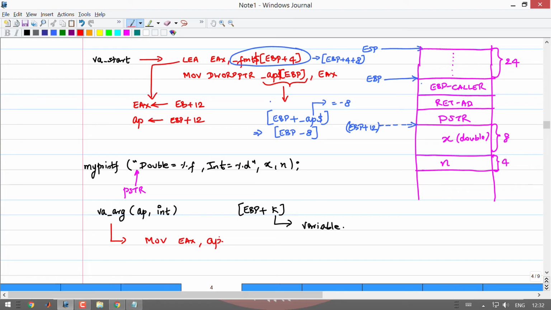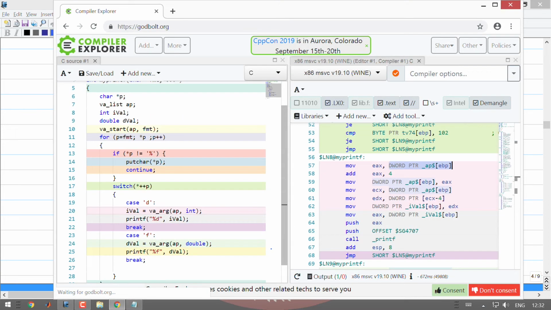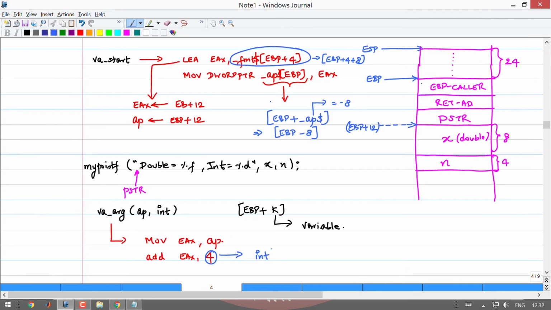I am just moving AP into EAX, then I am adding EAX comma 4. Why 4? This 4 is because I know it is an integer, right,